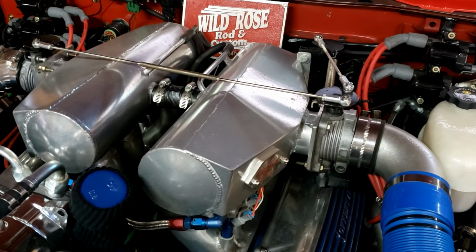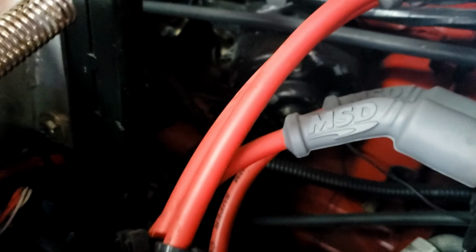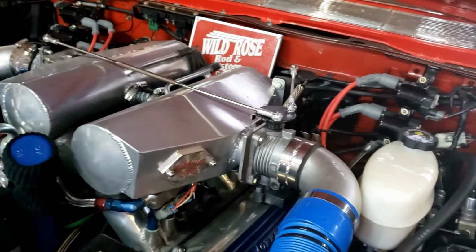So anyway, the throttle bodies are Ford 4.6 liter, and they work really well. The other thing I'll show you over here, I'll come back around the car, is my crazy throttle linkage I built. So when you step on the pedal down there, it kicks that bell crank forward, pushes this one, pushes that one. So works really good. And I have a high idle solenoid down in there someplace. It's kind of buried in there. Anyway, it'll hold it on high idle till it warms up and reaches a specific temperature, and the computer kicks